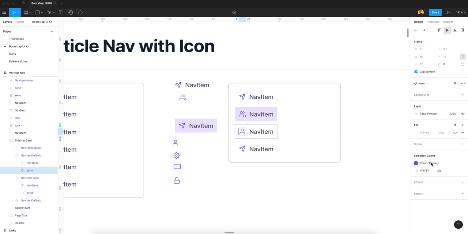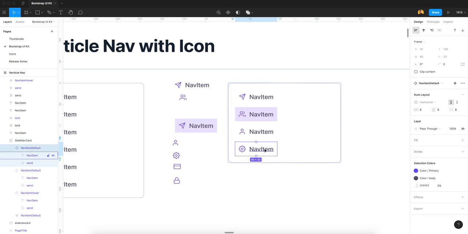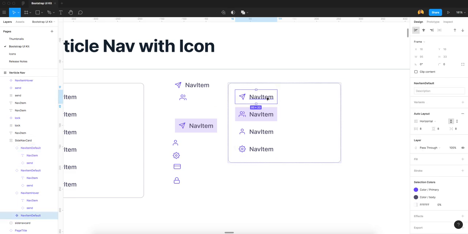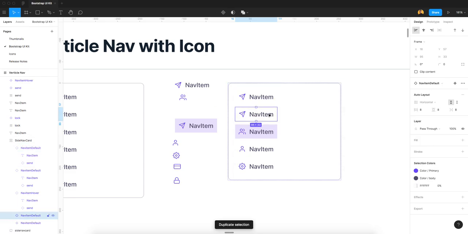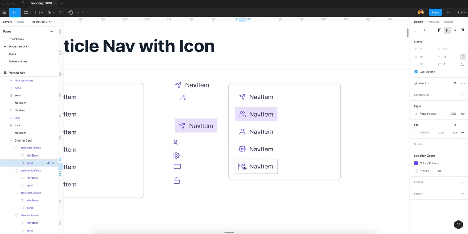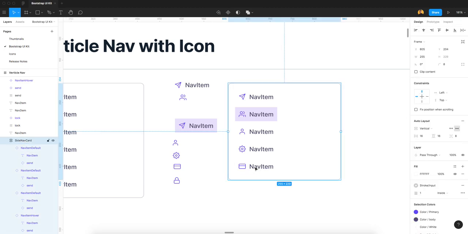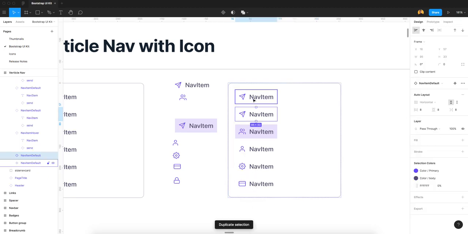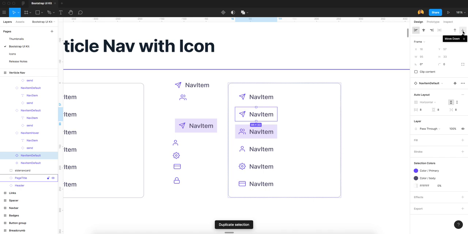Now I need the user icon, after that I need the setting icon. Now I'm duplicating this item. You can use the same default item. Duplicating, you will change between. See, it's a drop, and now I want to add this payment icon here. So I select this and swap with the payment icon. This will be credit card. Now I need one more item, so I just duplicate this and pull it down.